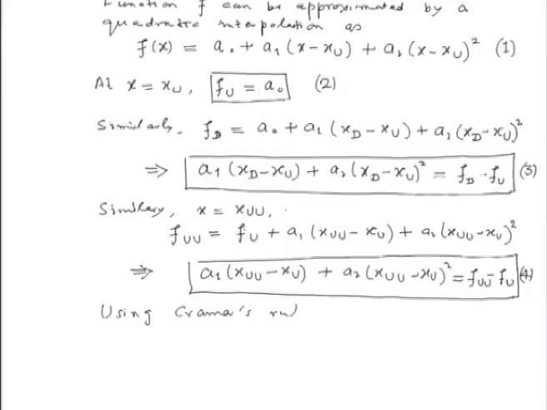Using Cramer's rule, your a1 would become the determinant of f_d minus f_u, f_uu minus f_u, and x_d minus x_u, x_uu minus x_u, divided by capital D,